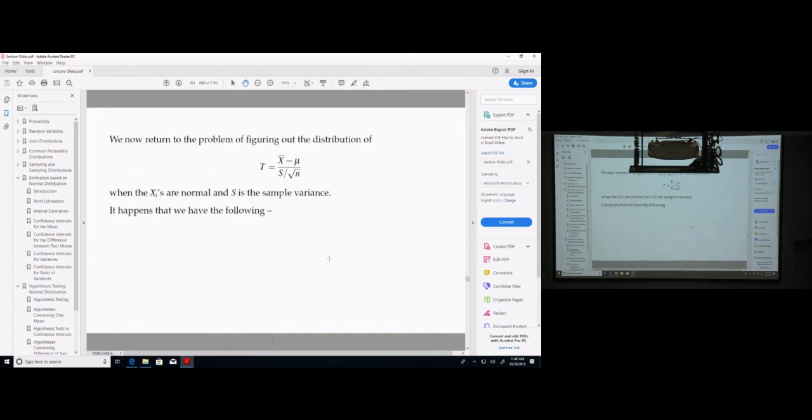And I will relate this back to our sample variance. Okay, so